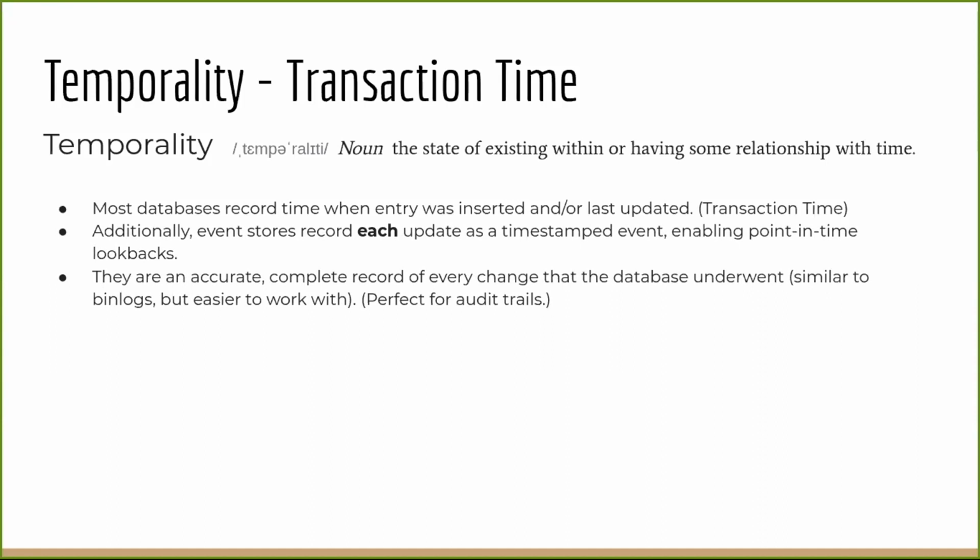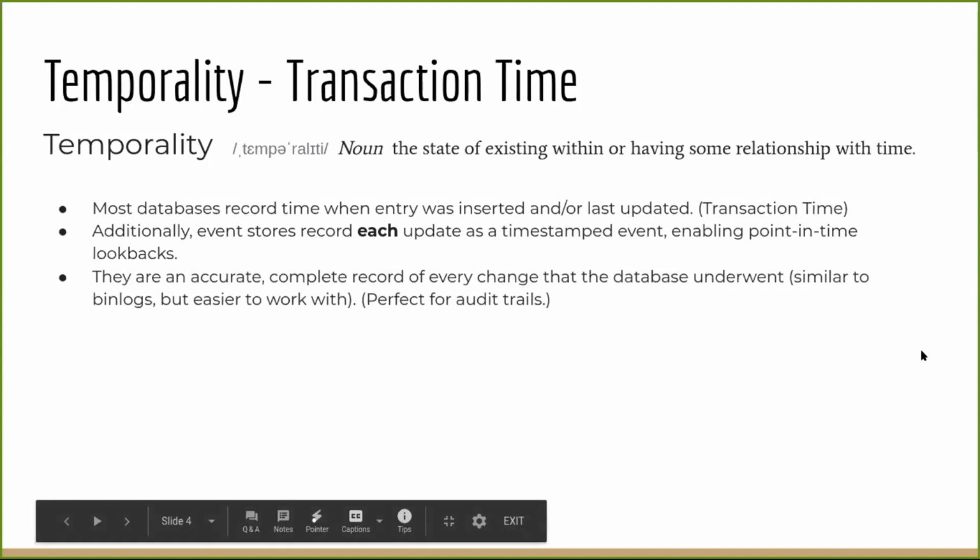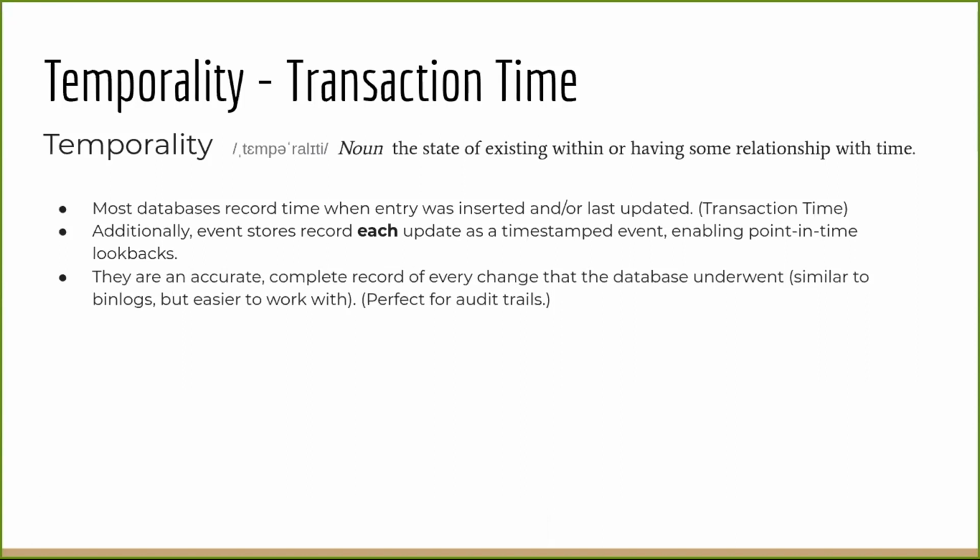These timestamps are generally what is referred to as the transaction time. To be more precise, transaction time refers to the physical time, or the real-world actual time, when the record was inserted into the database. So event logs, together with their transaction timestamps, represent a complete track record, or a complete history, of each and every change that a database has gone through.